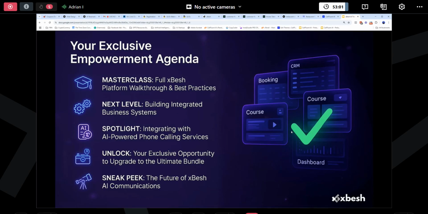Not only that, but he's also going to be showing you how to connect with Supabase and have applications that are not just standalone, but also save data in databases. So the next level, after that, we're going to be showing you how you can start building integrated business systems, which means we can create apps and link them with other third-party APIs like OpenAI, like Confluent for AI-powered voice calling systems, and all that interesting stuff.